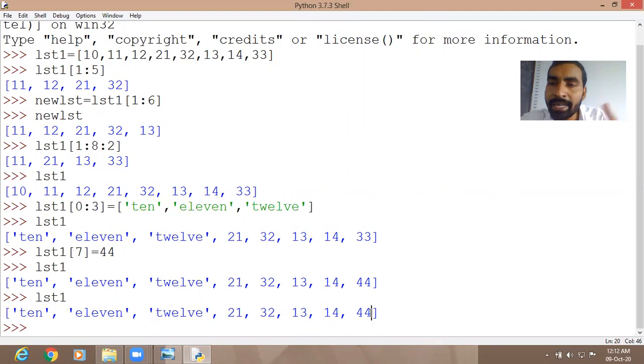But when you append any other value, that new value will be added after 44, that means in the end, in the last. That is the use of the append method. For example, here you can see, if I write lst1.append, in parenthesis the new value, any value I can write. Suppose the value is 29.